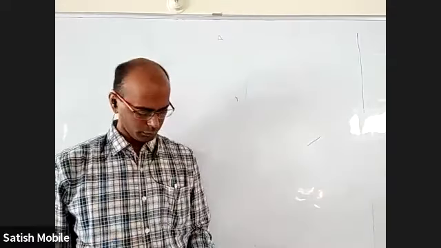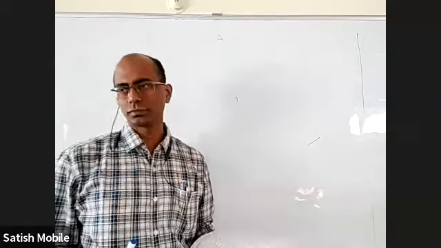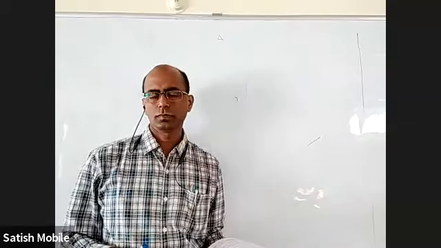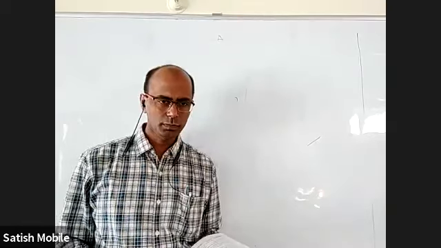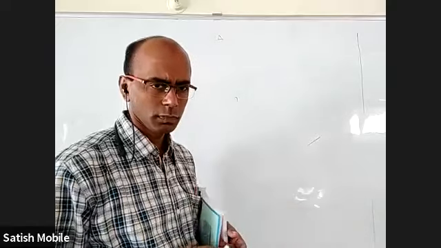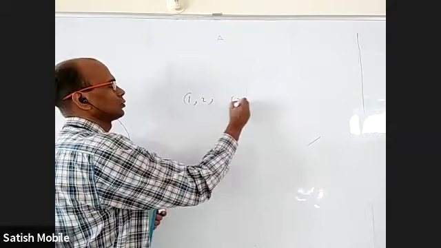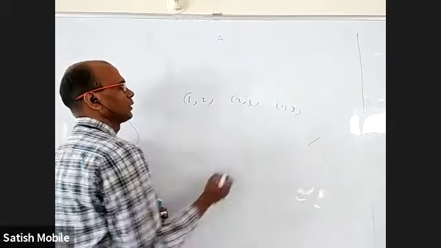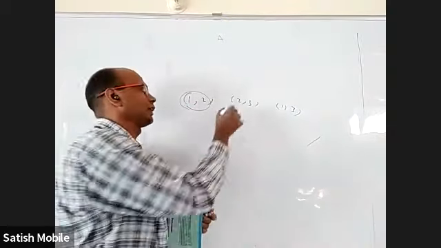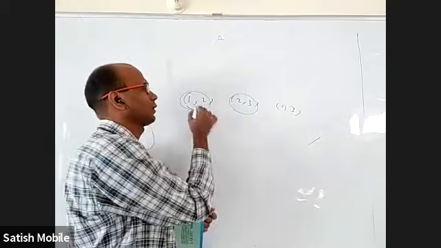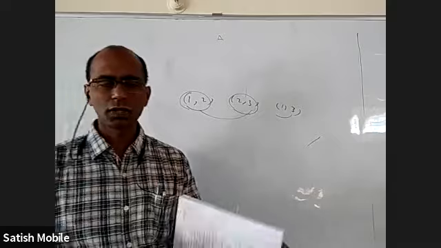17th one. Anybody want to give an example why it is not transitive? You want to give an example? Yes. You take 1, 2 and 2, 3 and 1, 3. The difference of these two is less than or equal to 1. It's equal to 1, but is also less than or equal to 1. The difference of these two is also less than or equal to 1. But the difference of 1 and 3 is actually 2. It is not less than or equal to 1.